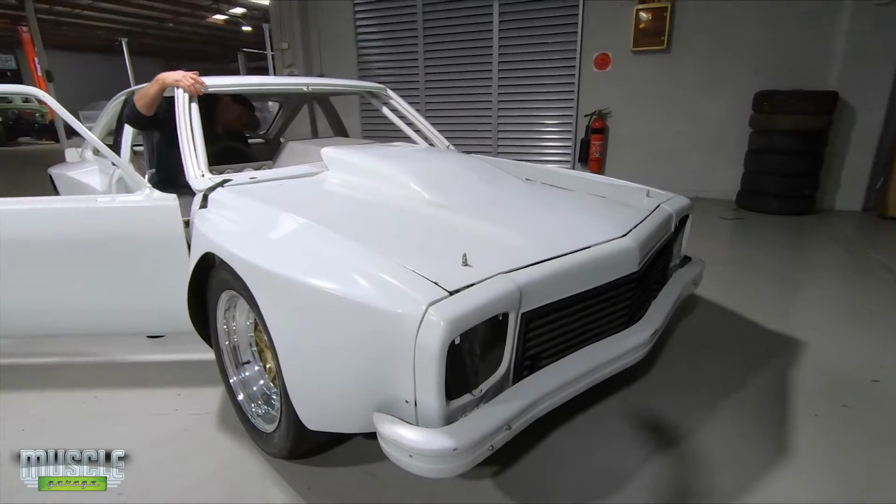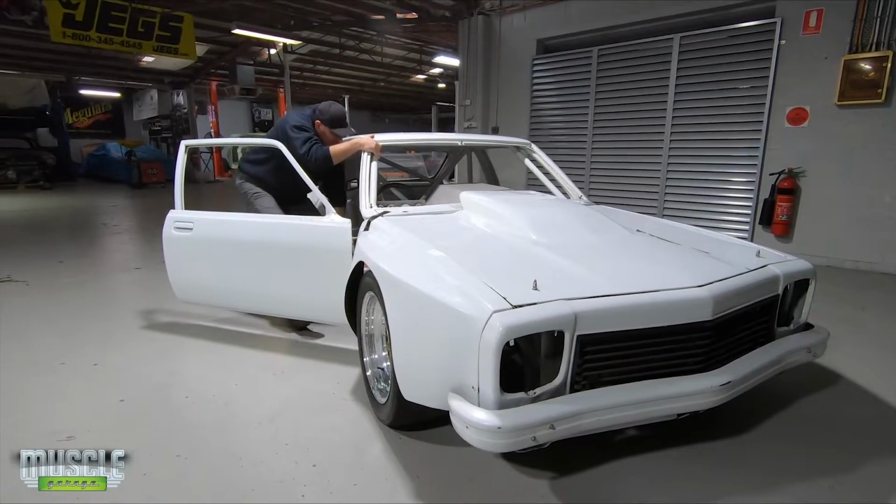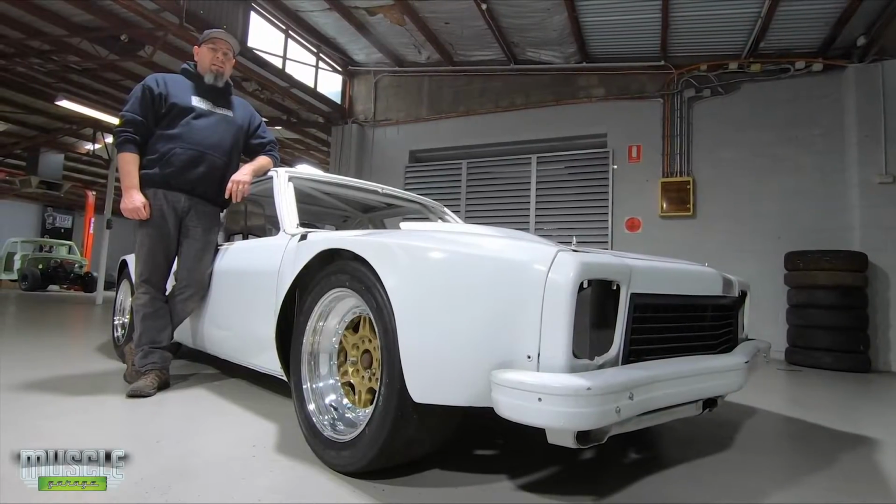What, right here? Is it alright with the roll cages in? Yeah, it's low, so